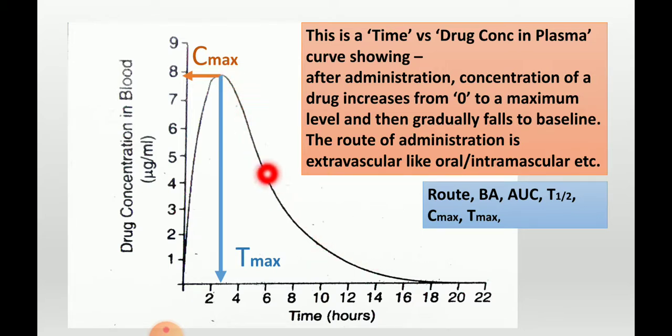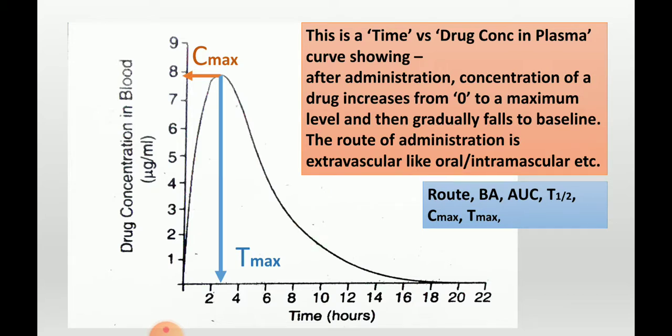So here at this part, the initial part, it was absorbed, a little bit being distributed, and from this part onwards it is eliminated from your body. And if you want to determine T half, you have to take the steepermost part of this line from this oral curve, and from here you can determine the T half of this curve. How will we measure the T half? Will be better administered when we'll show you a curve of intravenous route of drug administration.